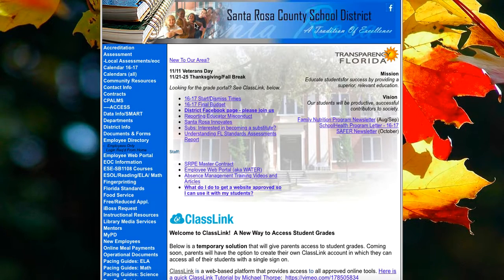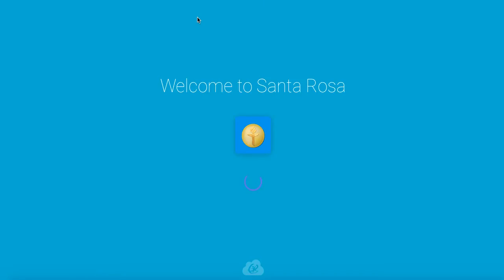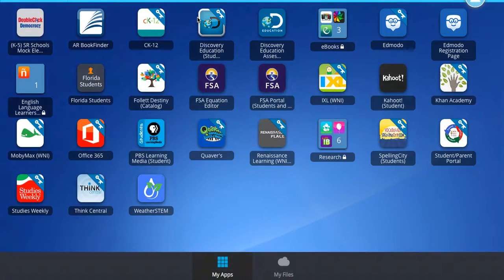See here at top this picture of some students. If you double click on that, look at that. It takes us to ClassLink. ClassLink is a website that stores all of the usernames and passwords of the websites that your students would be using at school. So the first time you go there, you'd put in their username, which is their 57 number,